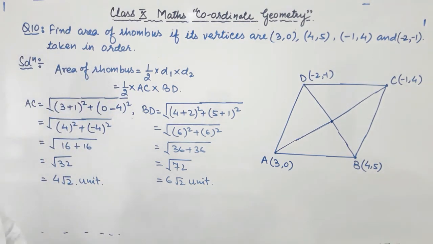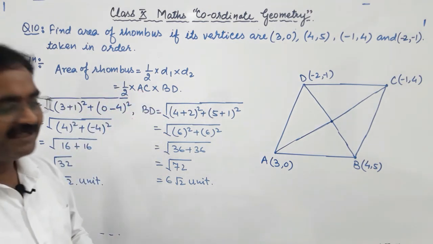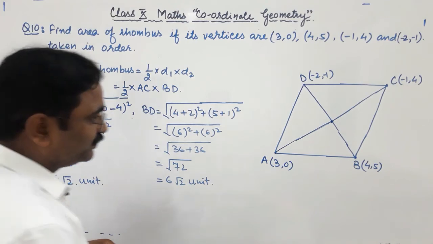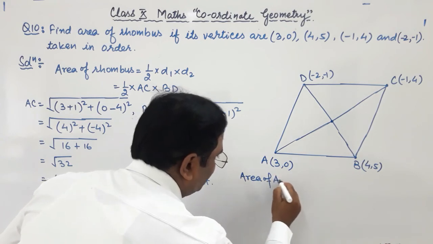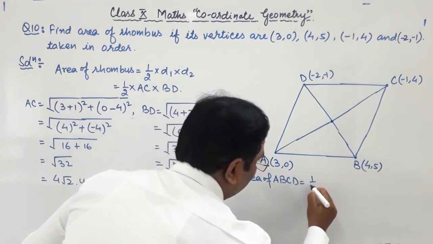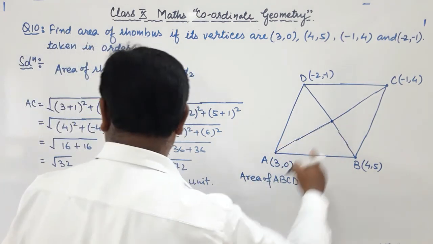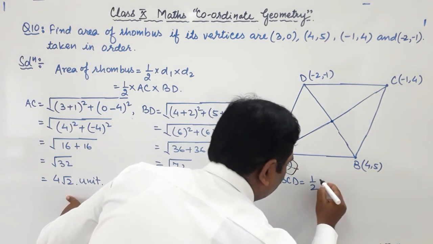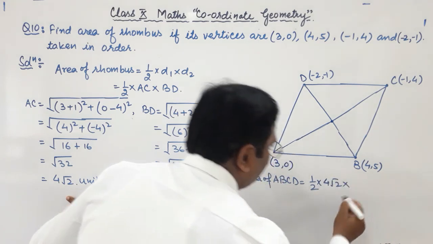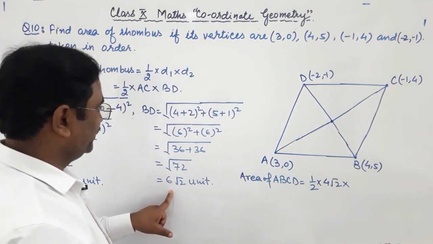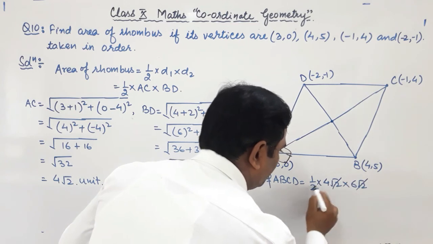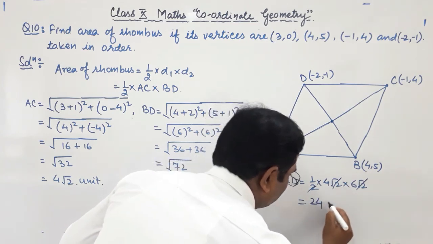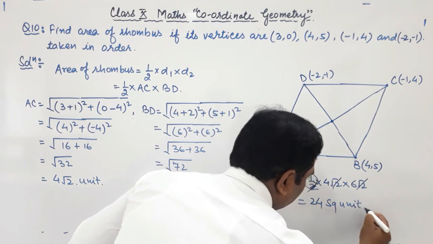Now as we got the measure of both the diagonals, we can get the area of this rhombus easily. So the area of rhombus ABCD is equal to half into AC. The measure of AC we got is 4 under root 2, multiplied by the second diagonal BD, and the measure of BD is 6 root 2. So root 2 times root 2 is 2, that is 6 4s are 24 square unit is the area